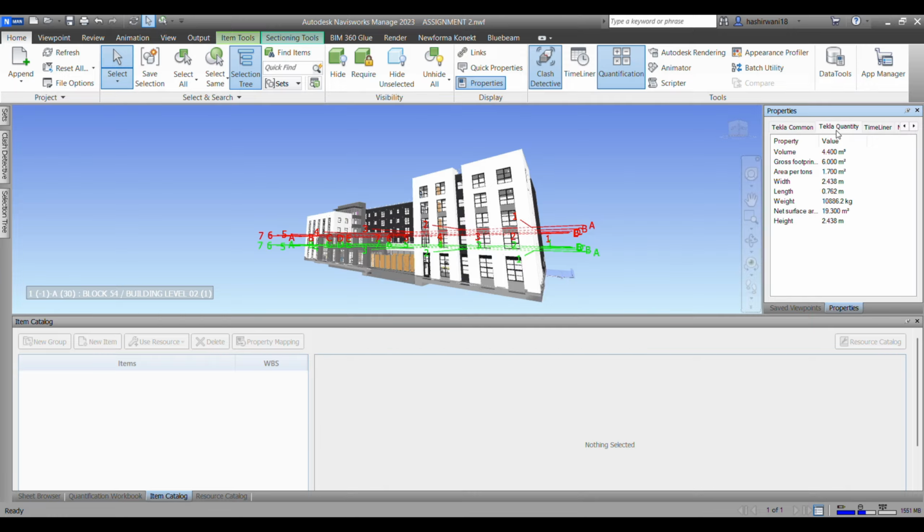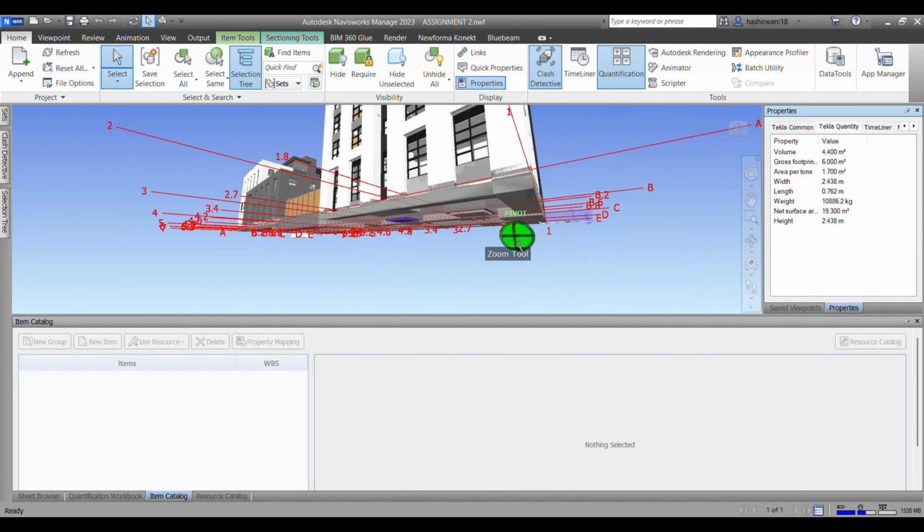Can you see, if I go to Tekla quantities, we have some volume parameters, some area parameters, width, length, weight, etc. Now Navisworks only understands the parameters that come from a Revit model. If I have uploaded a Revit model here, it may simply understand those parameters, the length parameter, the weight parameter. For example, I'll just take an example of this